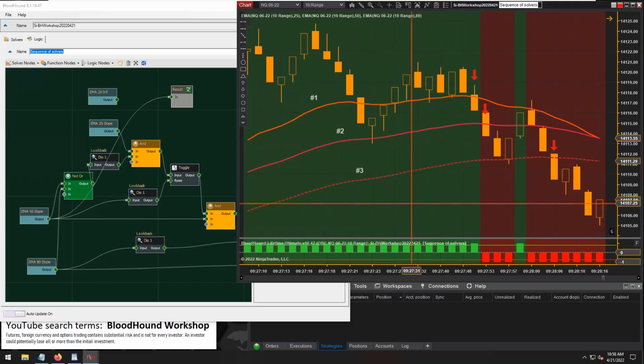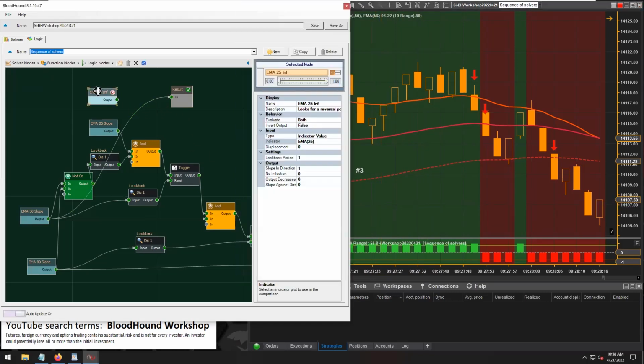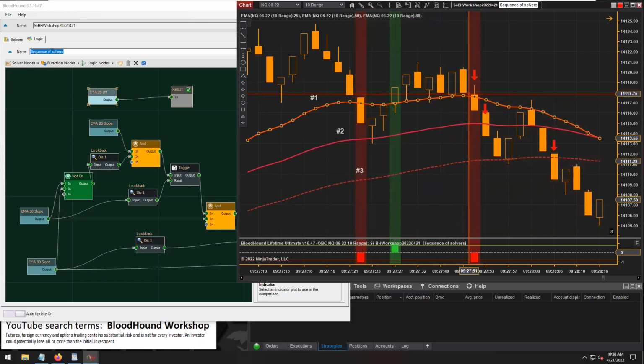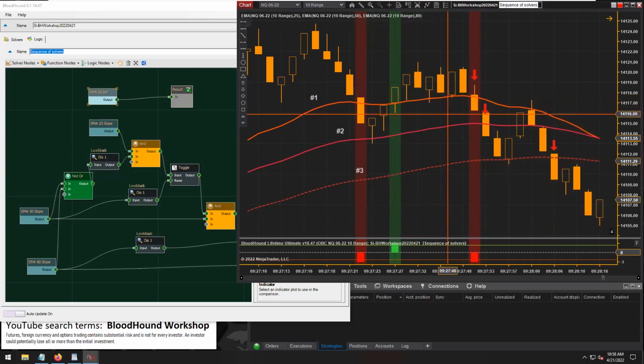And you can't necessarily boil them all down to a solver that just produces a single signal on the condition you're looking for. So